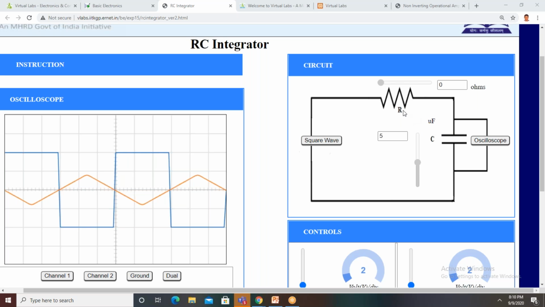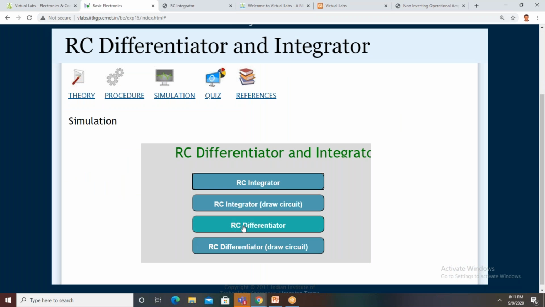Okay, this is the integrator. Next we will see the differentiator. The RC differentiator acts as a high pass filter. Am I right? High pass filter. It acts as a differentiator, meaning the output is the differentiation of the input signal. When RC is much less than the time period of the input signal, it generates spikes in the output signal, positive spikes and negative spikes. Its amplitude is twice the amplitude of the input signal.